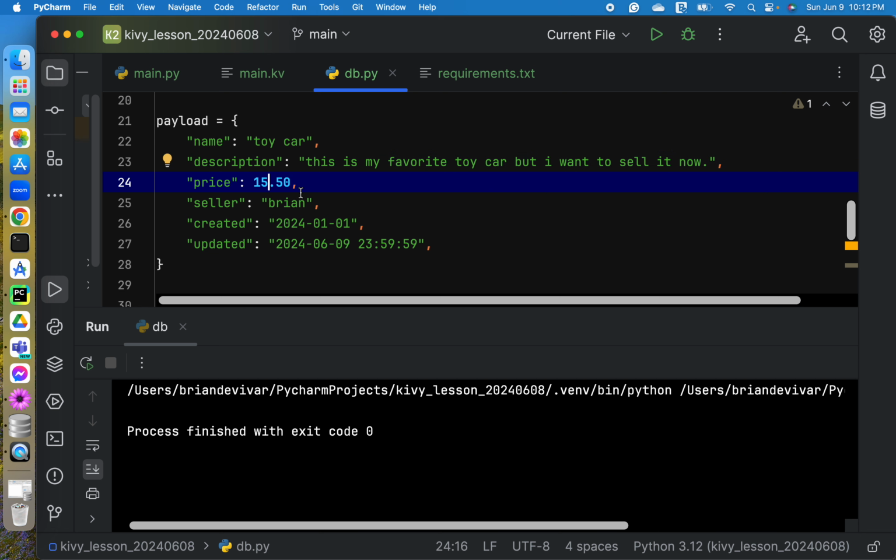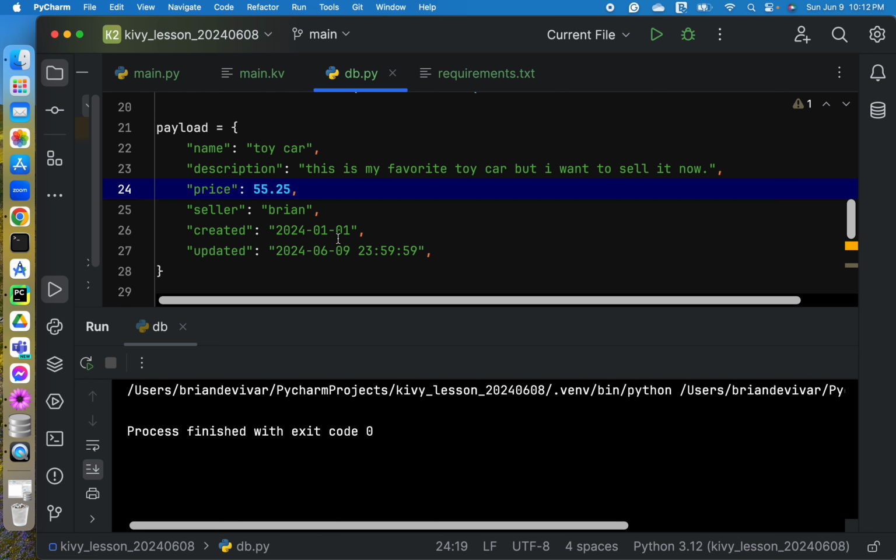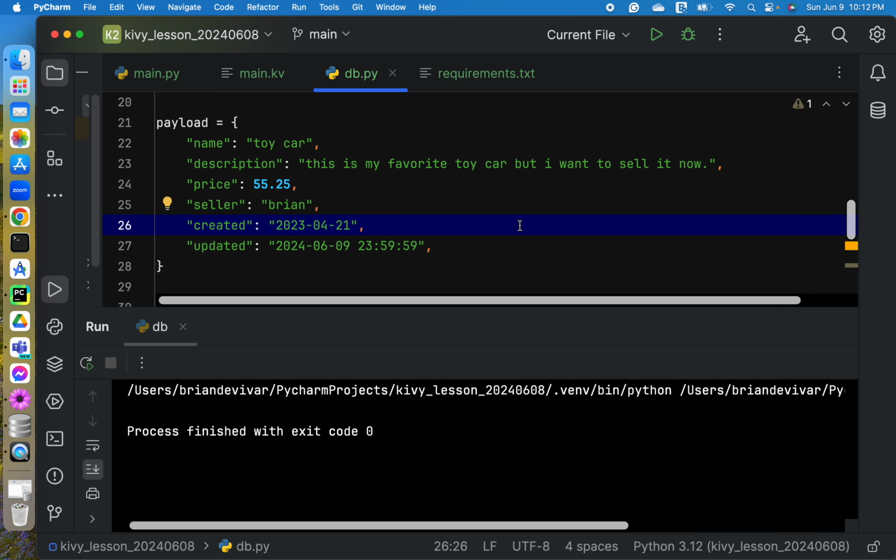And then the price of the toy car is 55.25, and I bought this last year, April 21st.